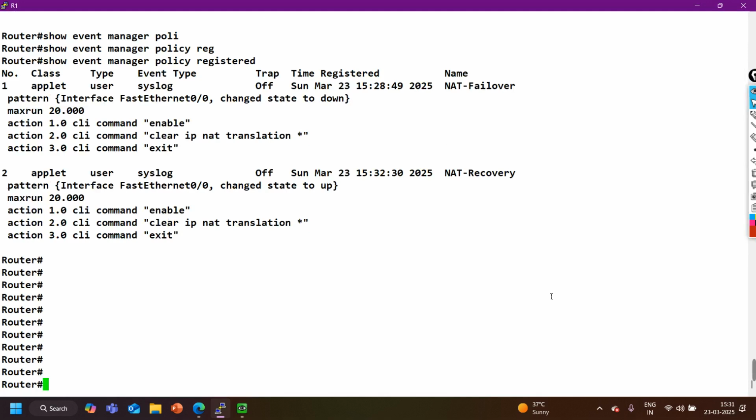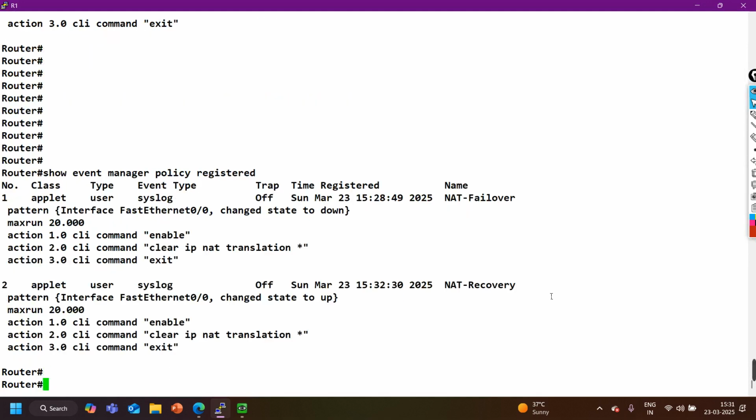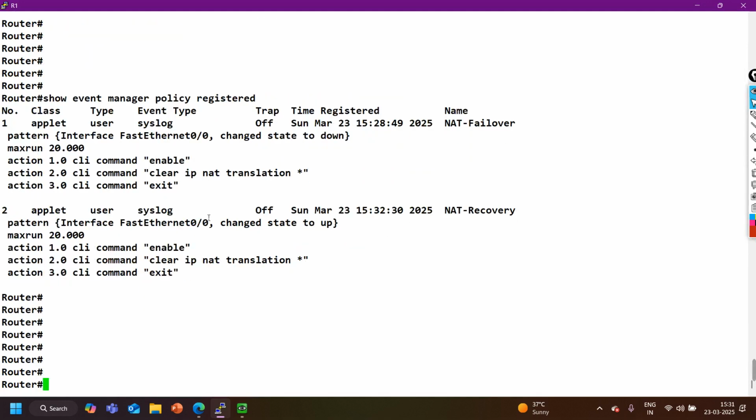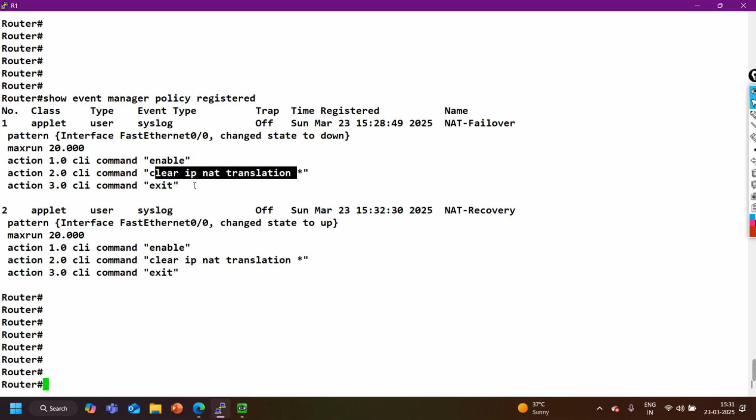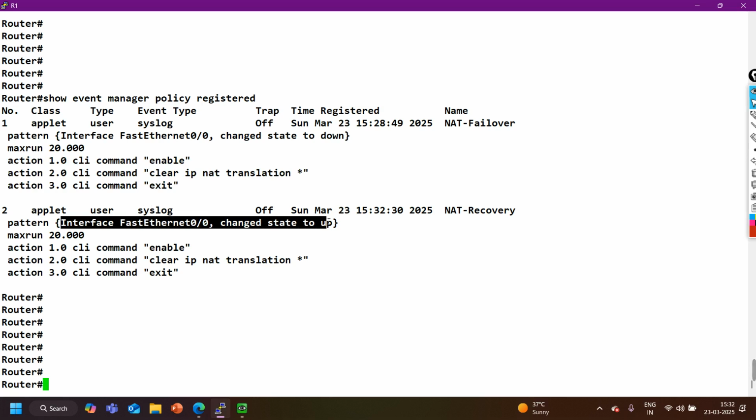So here are my event manager policies, right? The pattern is interface F0/0 changed state to down. Then it is going to run these three commands. The actions you can see here: enable, clear IP NAT translation, and exit. When it gets this syslog pattern, interface FastEthernet0/0 changed state to up, again it will